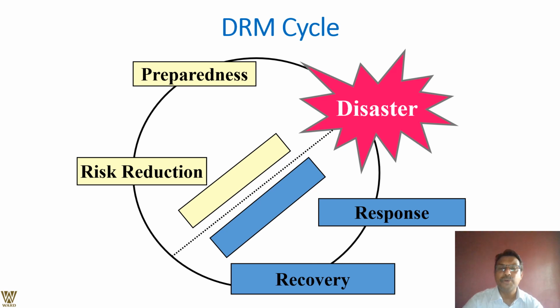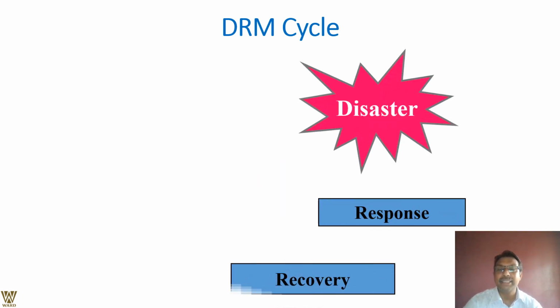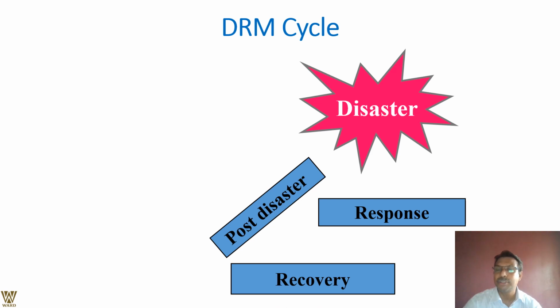Now, if you see very clearly, this part of the cycle I have earmarked in blue color, and this in a very light pinkish color, if we may say so. Why so? Because I want to demarcate that this blue color is nothing but the post-disaster event. After the disaster has happened, this is the only thing that you can do. You can respond, and you need to choose what kind of response you would like to have, and then how you plan for your recovery.